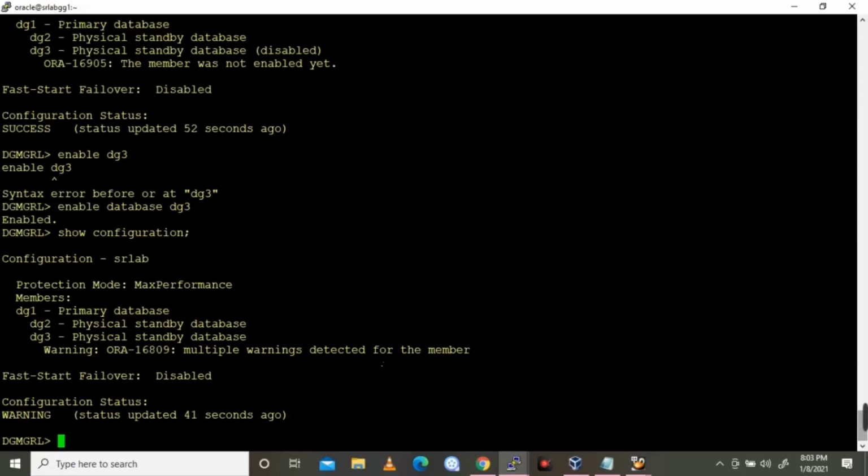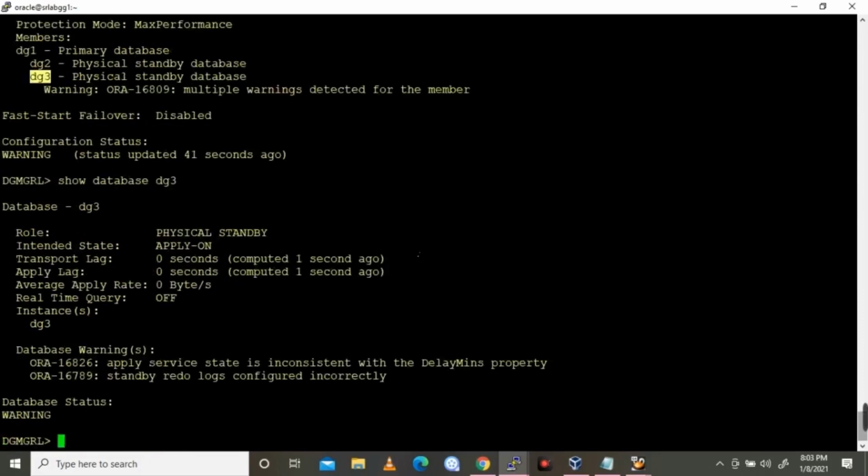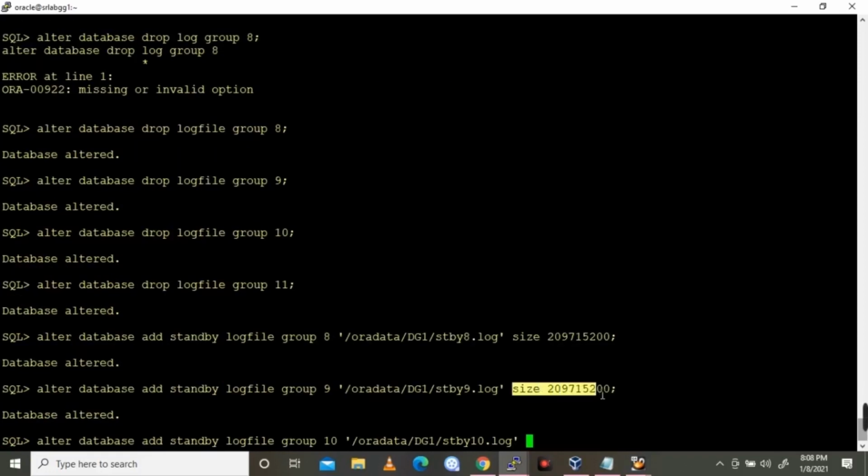Yes, now multiple warnings are detected for the member. Can we check the standby database DG3? Yeah, it's saying apply service state is inconsistent with the delay property, and standby redo logs configured incorrectly. So let's fix this issue.